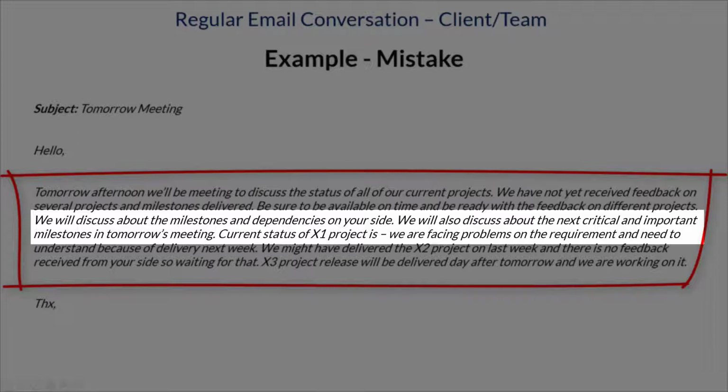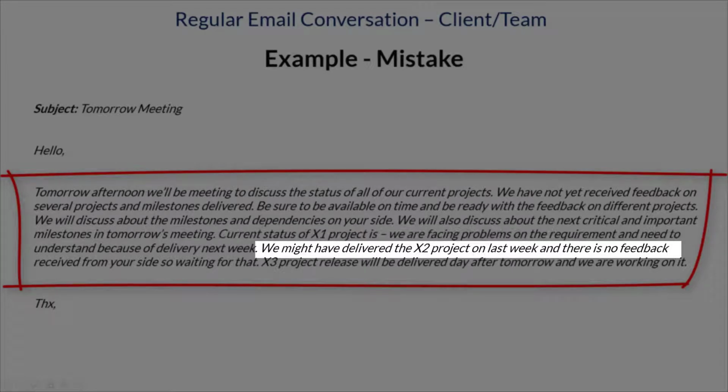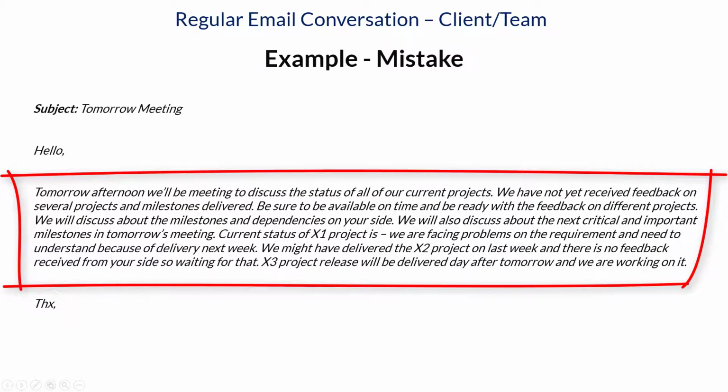So this is the fourth one, where you are discussing about the project status, you are discussing about the feedback, you are discussing about the upcoming milestones or dependencies, and this is a complete mixture of everything. Then current status of X1 project is this. We might have delivered the X2 projects. X3 project release will be delivered day after tomorrow. So you can see the single email has everything clubbed into it, with a mixture of everything, which has no meaning,